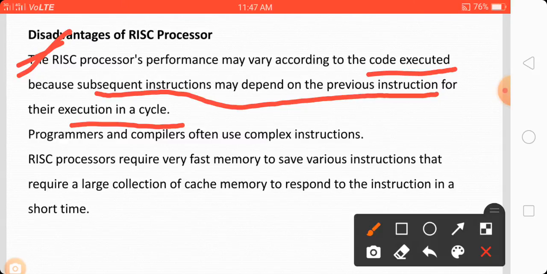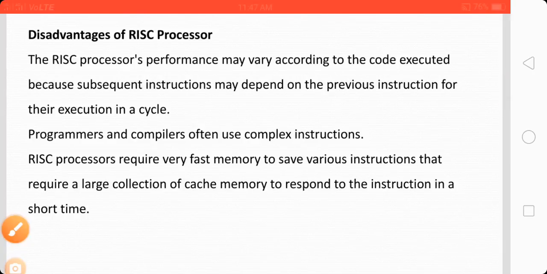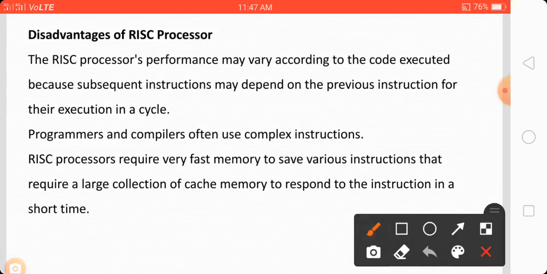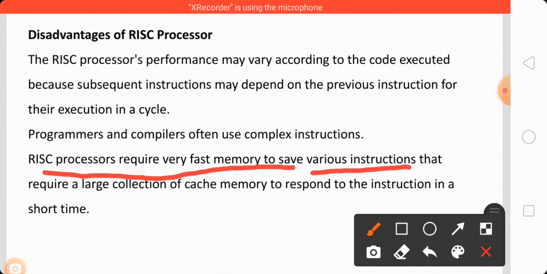Second disadvantage is that the programmer and the compiler often use complex instructions. So here the programmer and compiler always use somewhat complex types of instructions, so that is also a disadvantage. Then third, the RISC processor requires very fast memory to save the various instructions that require